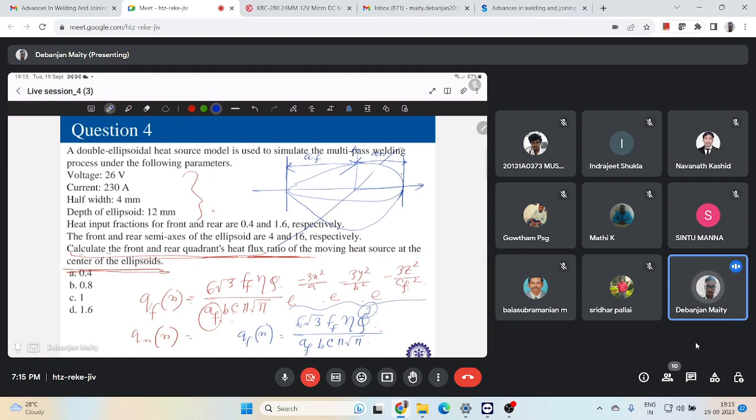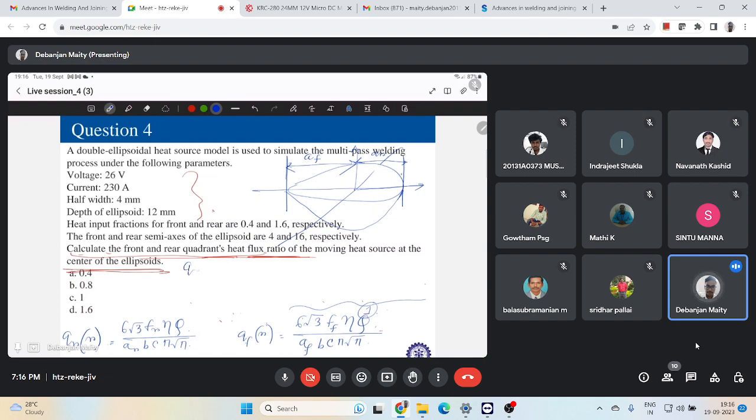At the center of the ellipsoid, what will be QR? 6 root 3 FR eta Q by AR B C pi root pi. Now tell me what is the ratio of QF by QR? My QF by QR will be